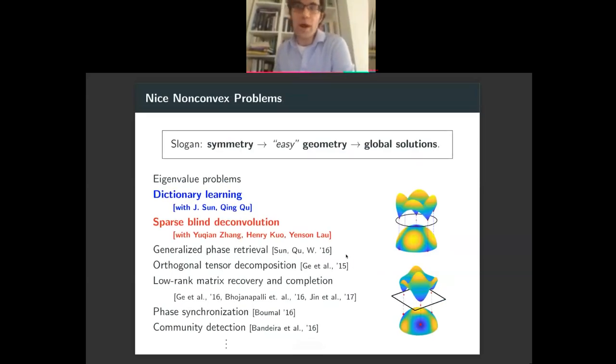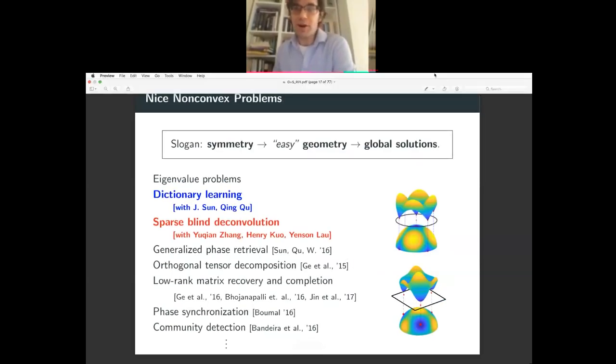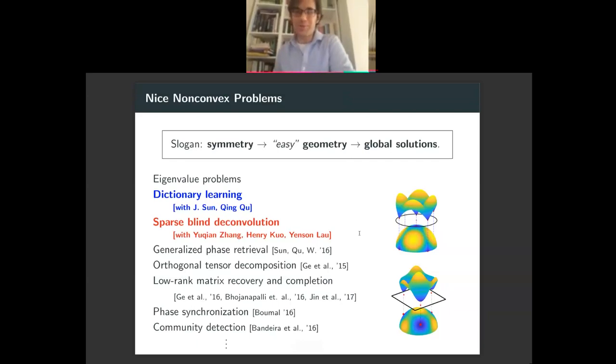So what I'd like to do during the next part of the talk, and I can see it's going to be rather brief because we've already done 35 minutes, is to take you on a quick tour through two of these problems. We're going to see how this plays out from a theoretical perspective in dictionary learning and in sparse blind deconvolution. And then we'll come back to the big picture.